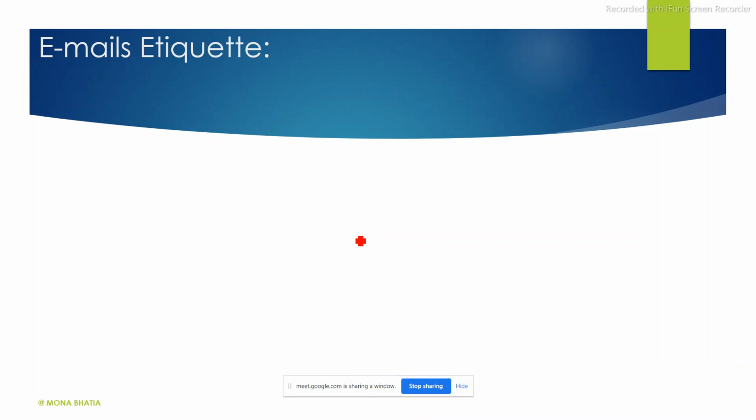Okay, next, when you are writing emails, you should be aware that they are not informal. You can write email to your near and dear one also, and that can be very, very informal, where you can do anything. You can add emojis, you can without even a salutation, you can sometimes send the important information. But when you are in corporate, when you are in an organization, you have to be very, very particular about the etiquettes. For example, it is a must that